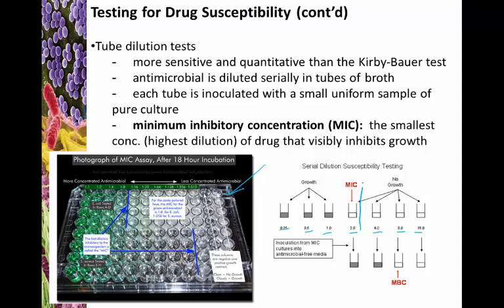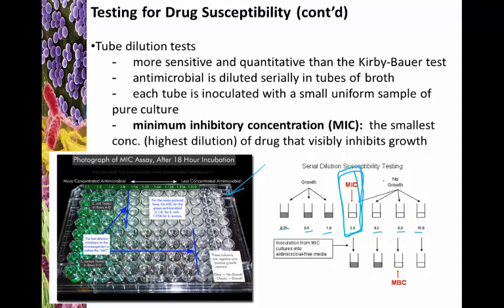What you find is what we call the minimum inhibitory concentration. This is the smallest concentration of the drug you need to actually inhibit the growth of the organism. In other words, this is the least amount you could use. Anything less than this is not going to inhibit growth. Say this is grams: 2.0 grams works, 1 gram does not, 0.5 grams obviously doesn't. If 2 grams works, that means 4 will and 8 will, and so will 16.